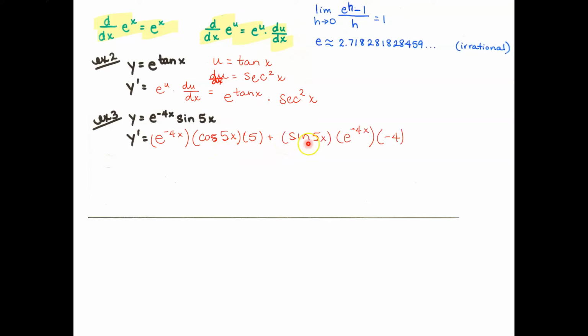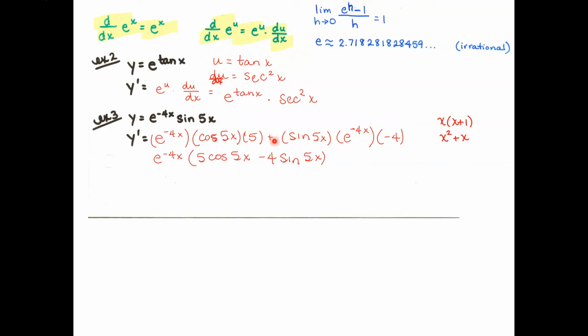So here's second. And so let's look at the derivative of the first. So the derivative of e to a quantity is going to be e to that quantity times the derivative of that quantity. So it's going to be e to the negative 4x times the derivative of negative 4x, which would be negative 4. So we could clean that up just a little bit. If you wanted to, you could move this 5 out in front. You could move this negative 4 out in front